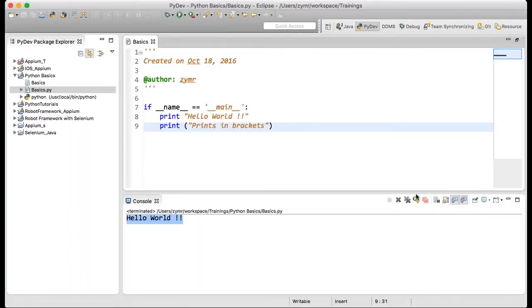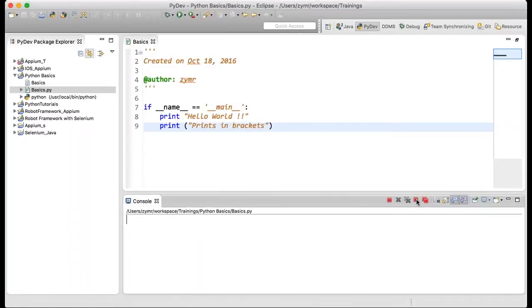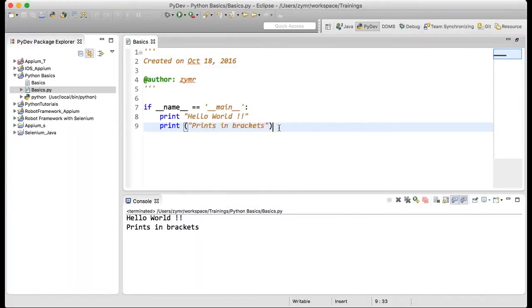If I rerun this same program, what does it say? Similarly, there are many other ways. At the basic level, at least you should understand print, space, double quotes: whatever you mention in the double quotes will be printed in the Python program. So this is the initial start that I tried to mention.